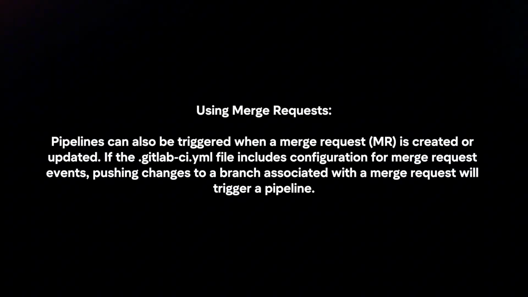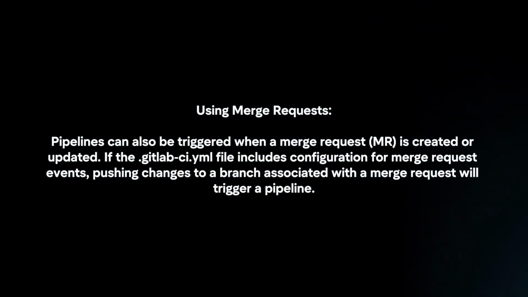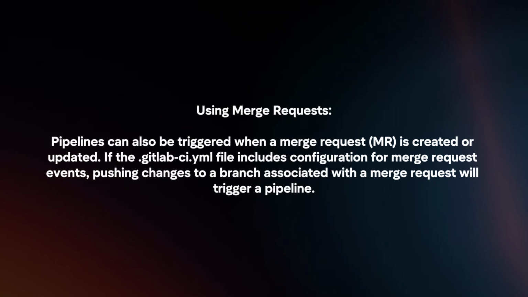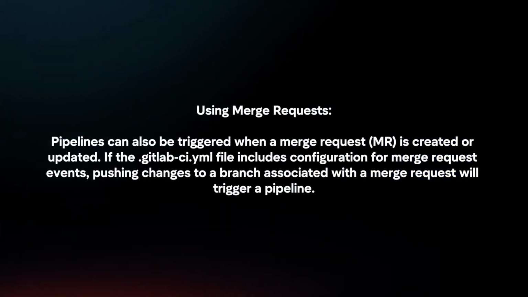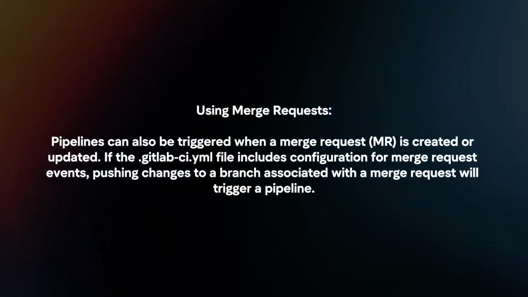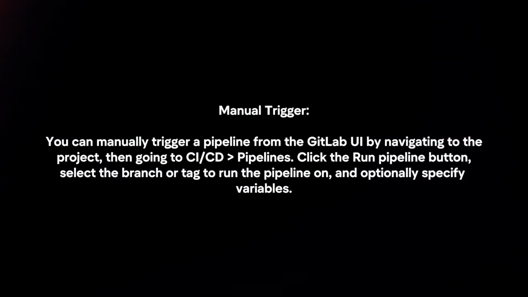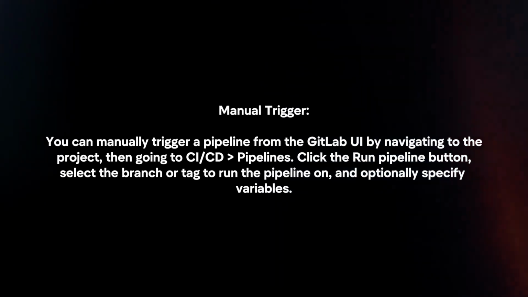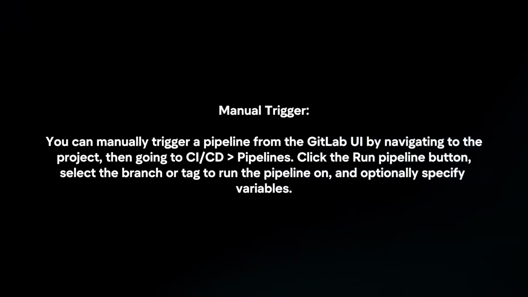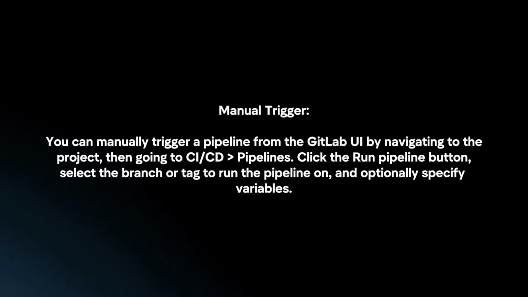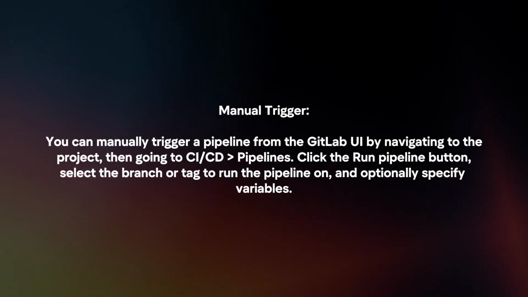Using merge requests, pipelines can also be triggered when a merge request is created or updated. If the .gitlab-ci.yml file includes configuration for merge request events, pushing changes to a branch associated with a merge request will trigger a pipeline. Manual trigger. You can manually trigger a pipeline from the GitLab UI by navigating to the project, then going to CI/CD Pipelines. Click the Run Pipeline button, select the branch or tag to run the pipeline on, and optionally specify